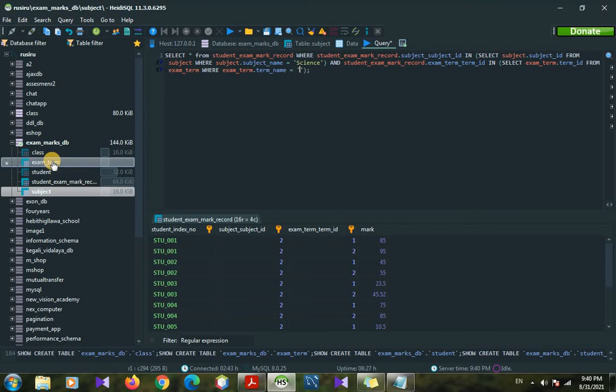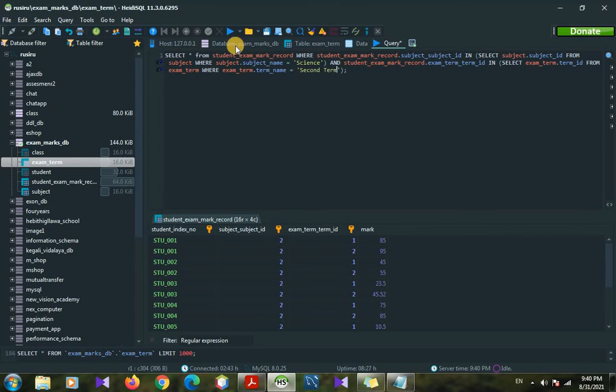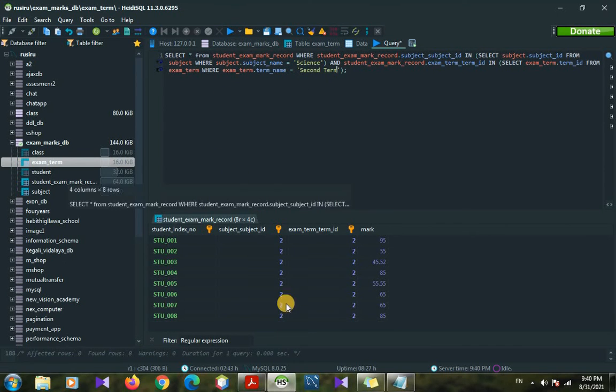We can go to the exam term table and go to the data type and take the second term. Here it's giving us the second term, so we can paste it here and run this. Now it's coming only the results according to the second term subject science.